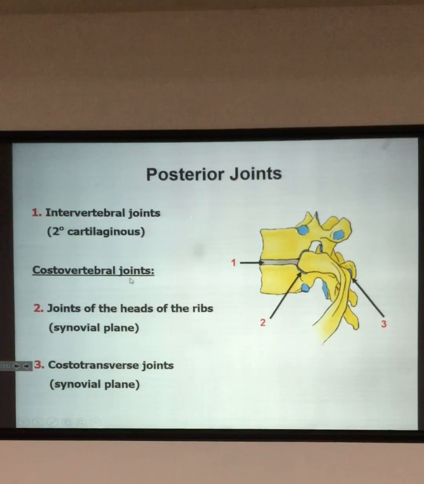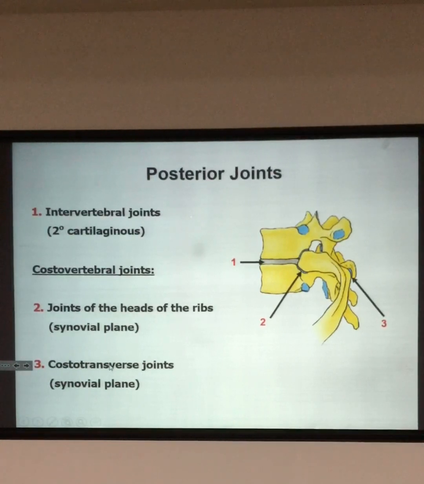فالcostovertebral joints لو سألتكم how many in a typical situation أو in a normal situation كم costovertebral joints عندي؟ 3. 1 2 3. 2 for the heads of the rib and 1 for the tubercle اللي هو بسميه costotransverse. فالcostotransverse joint is part of costovertebral joints. Okay? It's 1. We have 3. 2 joints for the heads of the rib, for the head of the rib, and 1 for the tubercle. We call it costotransverse. واضحة الفكرة؟